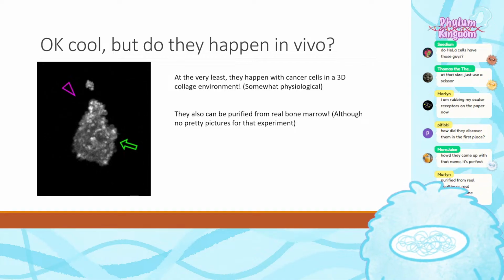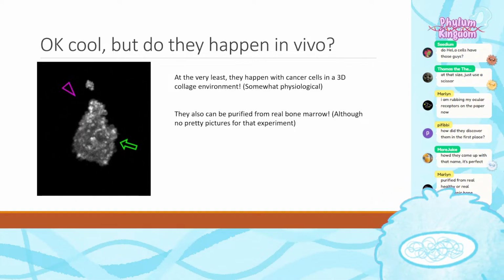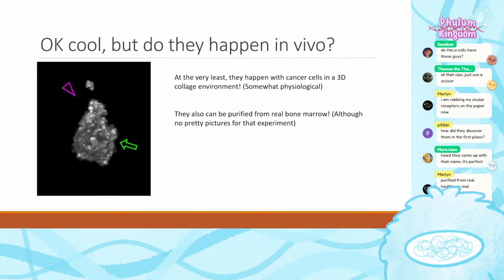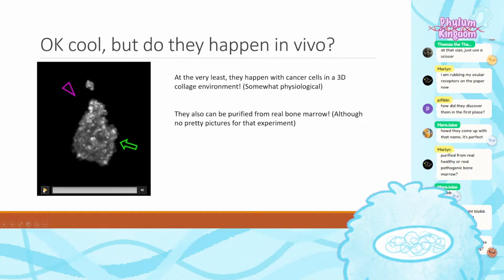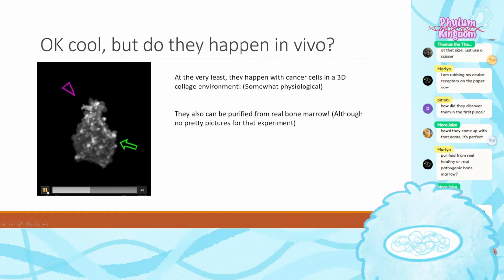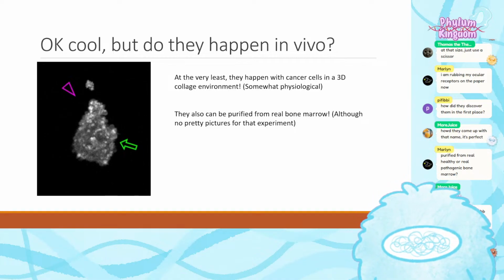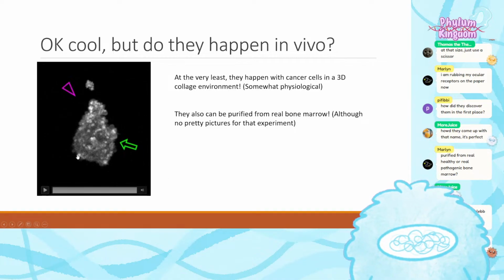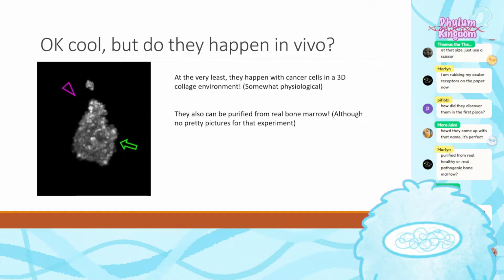Purified from real healthy or real pathogenic bone marrow? Oh, excellent question. I don't remember. I blazed through this paper in time for stream. That's an excellent thing to double check. And if someone can grab it, I can put it as a response in the comments of the section. Yeah, so these are huge, brand new extracellular vesicles discovered in the current year, whose function is not really totally well understood, but we do know that some cancer cells make them. So the platelets gone wrong? Don't know that for a fact. I'm not entirely sure. Marlon asked a very good question, and the answer is almost certainly within the paper as to whether or not this is some cancerous bone marrow or regular bone marrow.